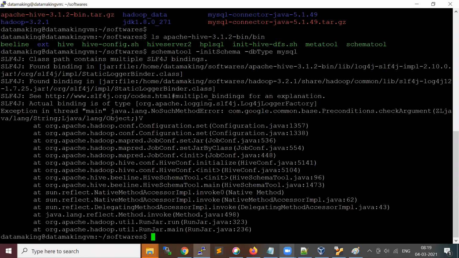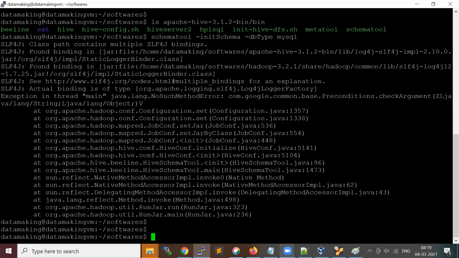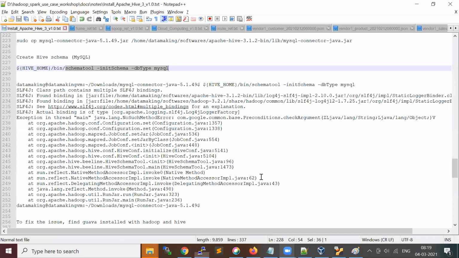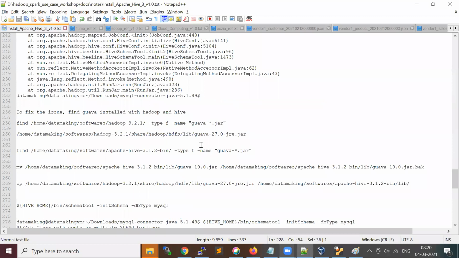Okay, so it says no such method, com.google.common.base some precondition. This is one of the known issues. The reason is a jar version dependency. There is a set of jars in the Hive lib folder that start with Guava, right?